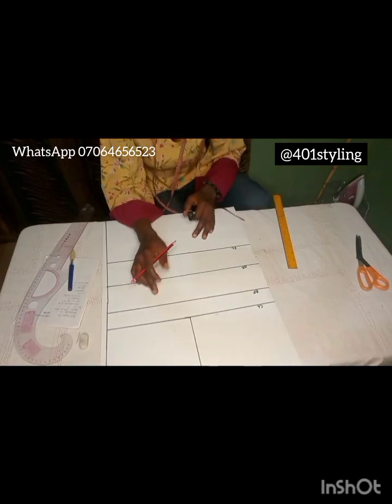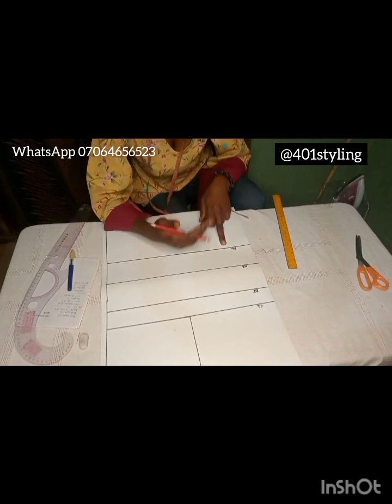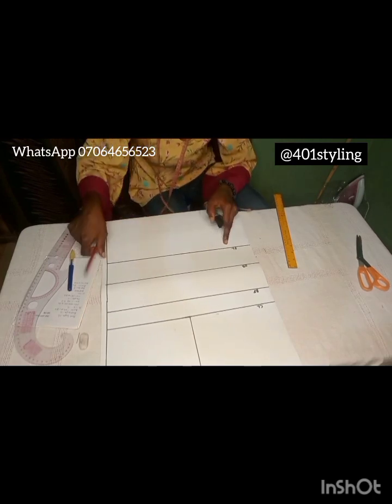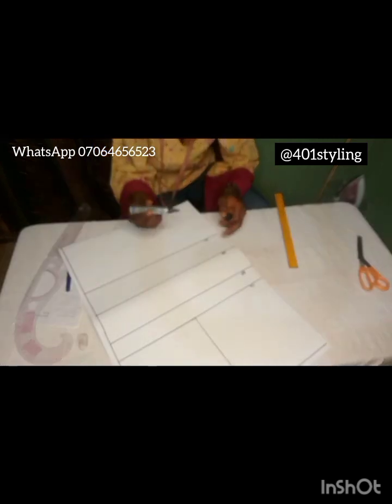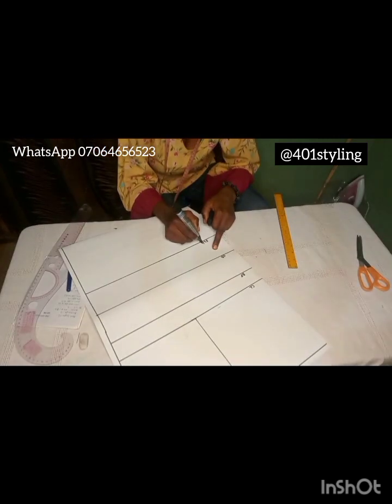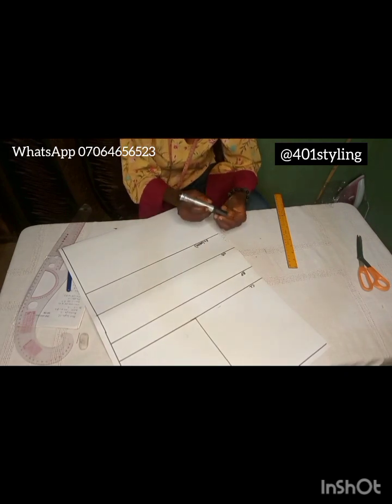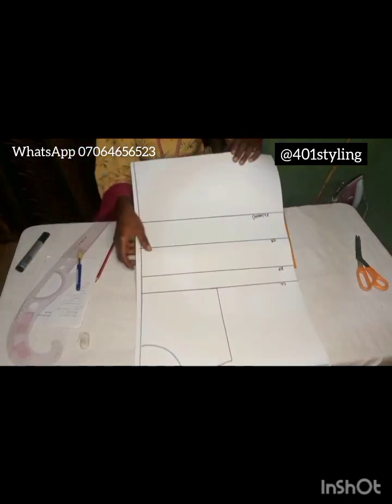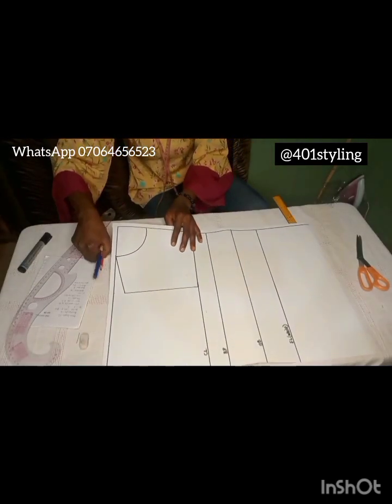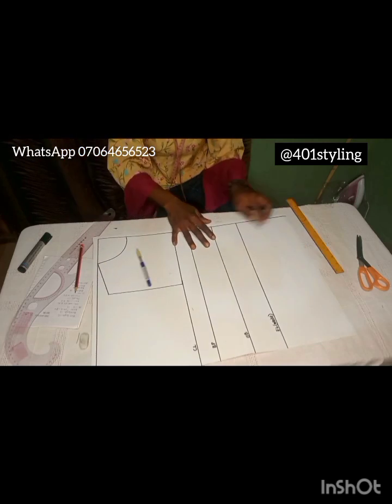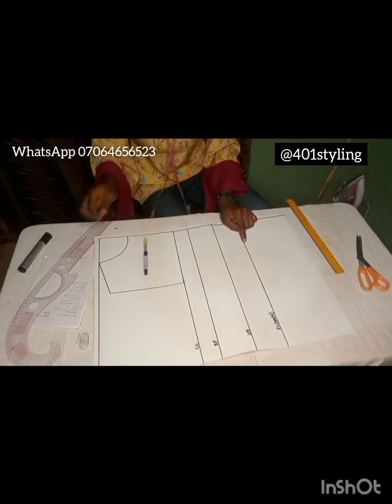Then one other thing is, you see this, your front length is also the same thing as the waist. Because the half scale is stopping at the waist line, remember. So you can just write the waist here. Some people might be thinking, the front length and the waist, how far? You see, the same thing. Don't be scared. Okay, so on this waistline now,